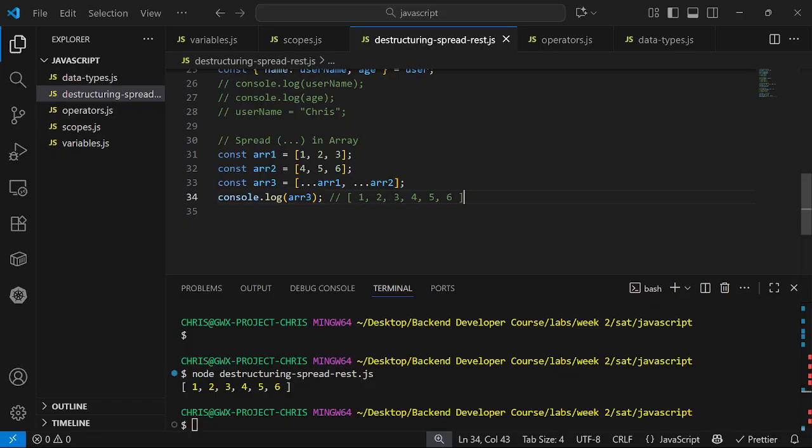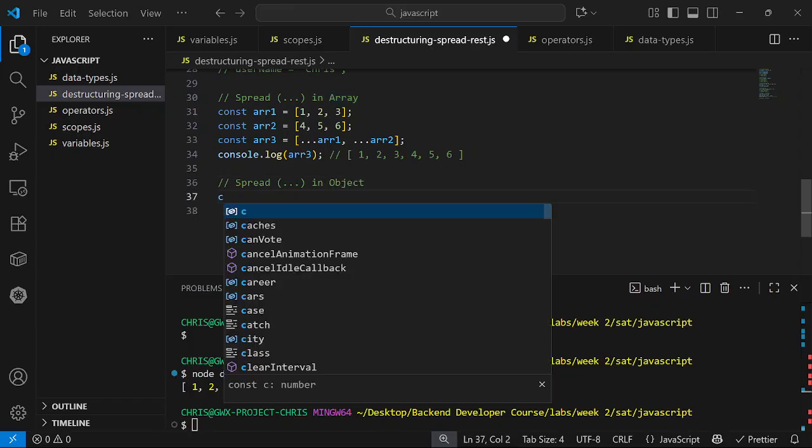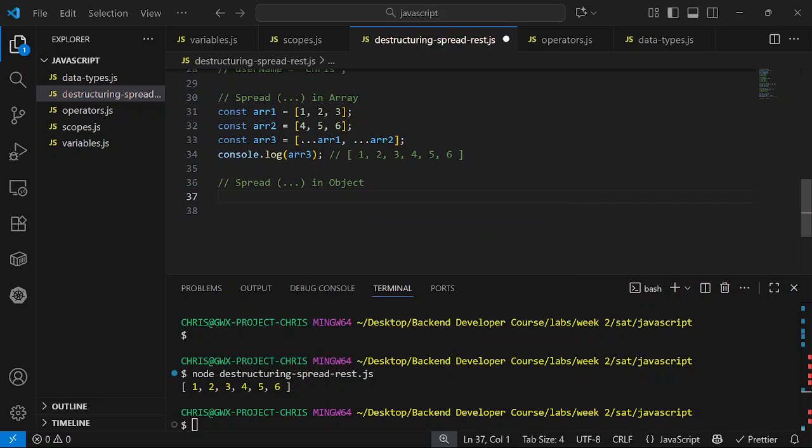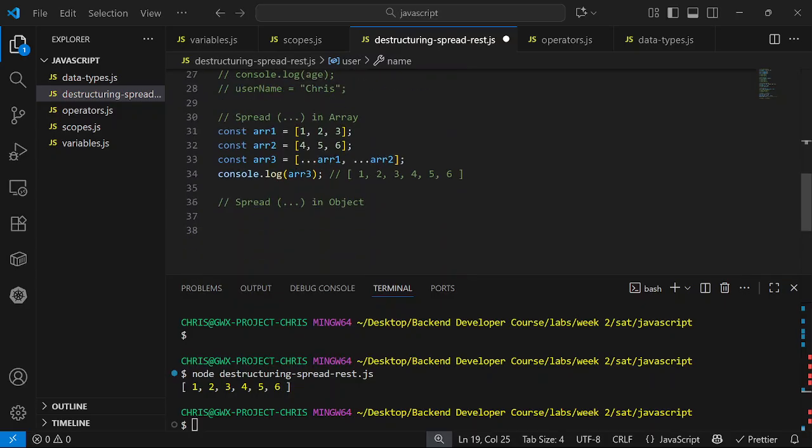Now, spread in objects. Let's say we have, let's take our objects here and